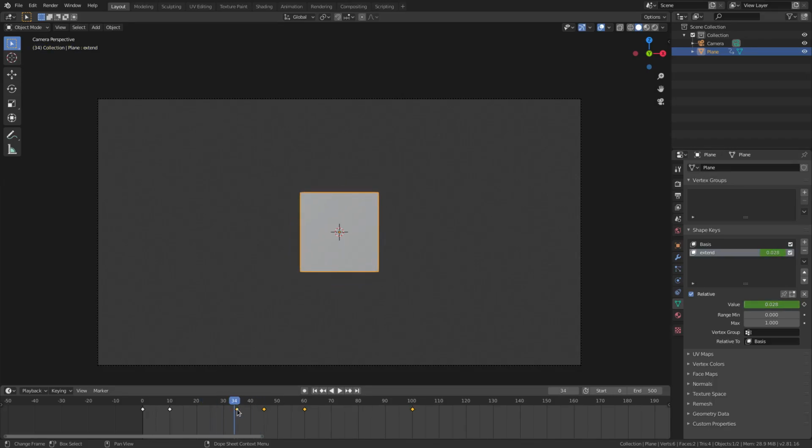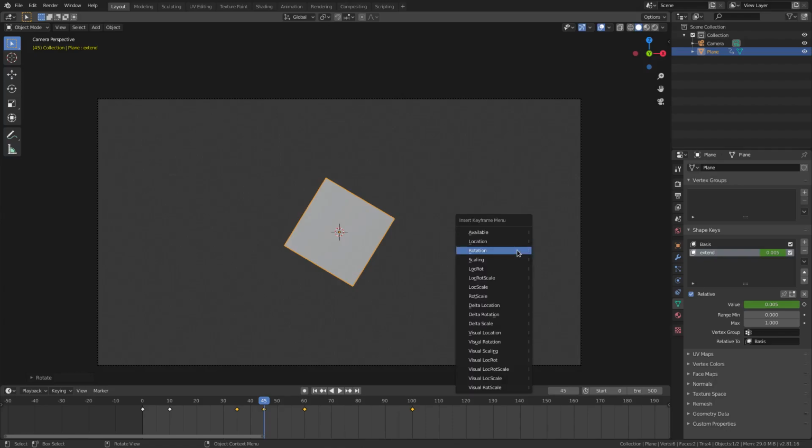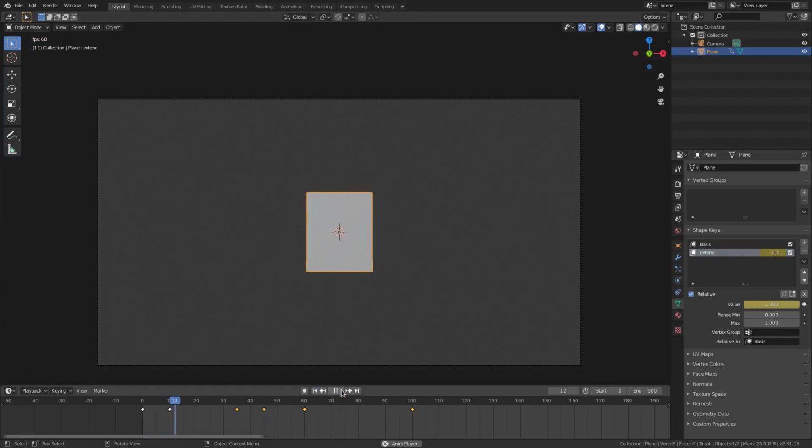So I want to do that here. So on frame 35, it's not rotated at all. Frame 45, it's fully rotated, which is not what I want. So I'm going to rotate, hit RY. I'm rotated a little bit, maybe about right there, just a little tiny bit away. Hit I, rotation. Now when we play this, you can see, comes out of nowhere, rotates, smooths away, which is